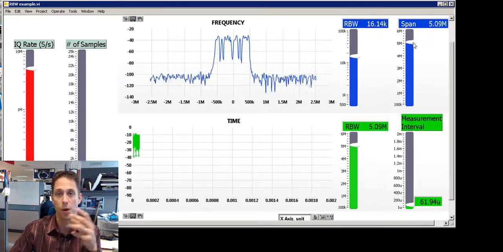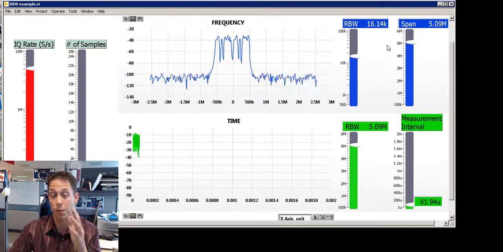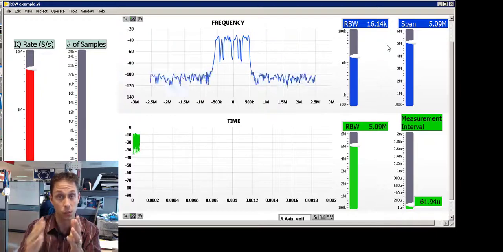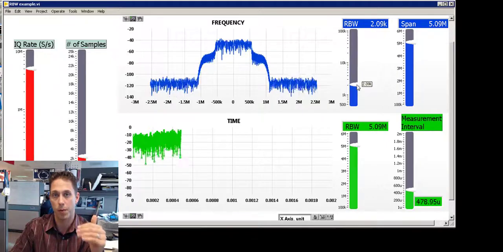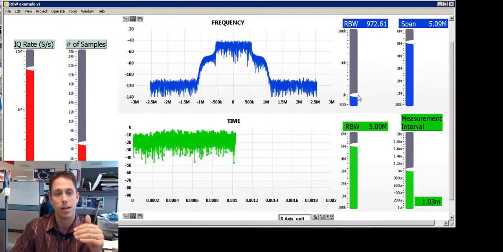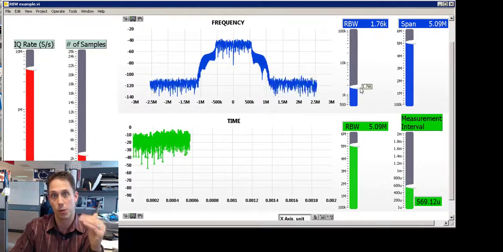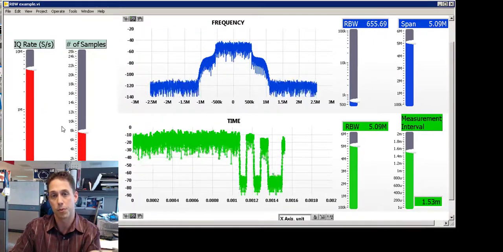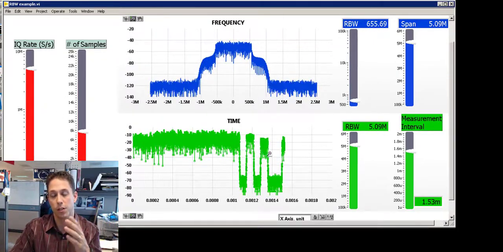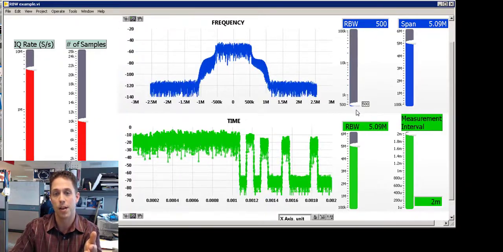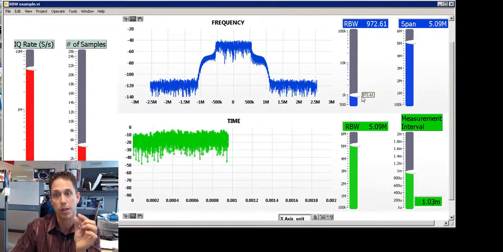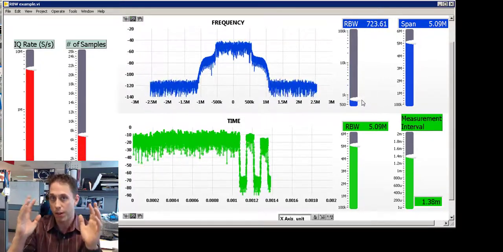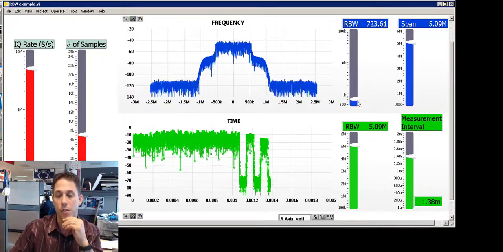And similarly, if we want a finer resolution, if we want to be able to determine the power level of a 1 Hz and a 2 Hz signal, you need to acquire at least 1 second's worth of data. Similarly, the finer the resolution bandwidth we want, we need to start acquiring more data. And so you'll see that as we lower our RBW, the number of samples starts to come up on the left. Well, if you look down in the time domain, you'll see that correlation: the narrower the frequency resolution, the longer the period of time we must acquire in terms of given